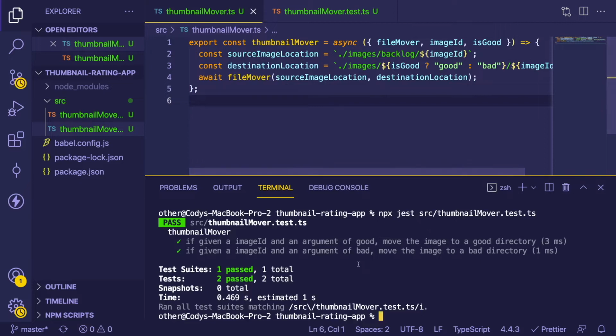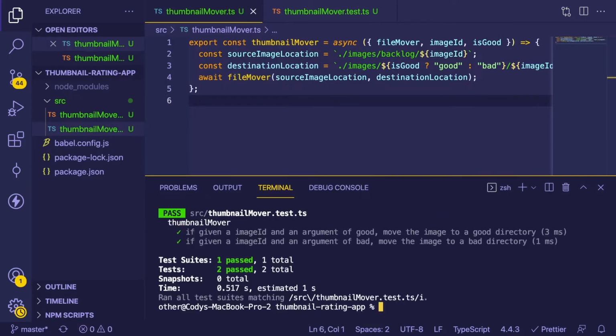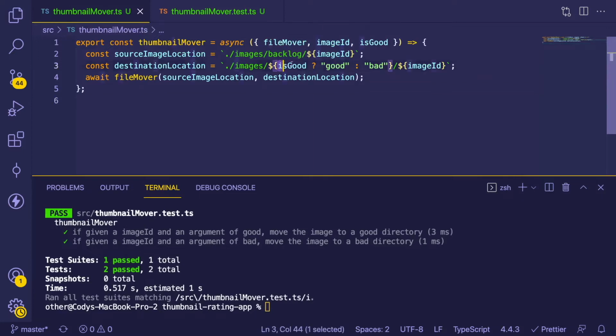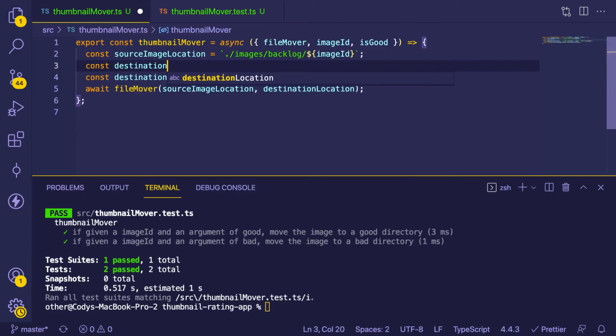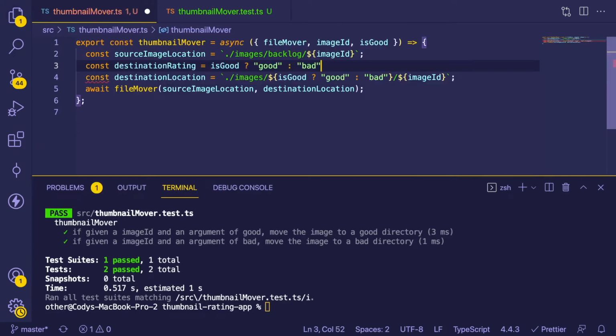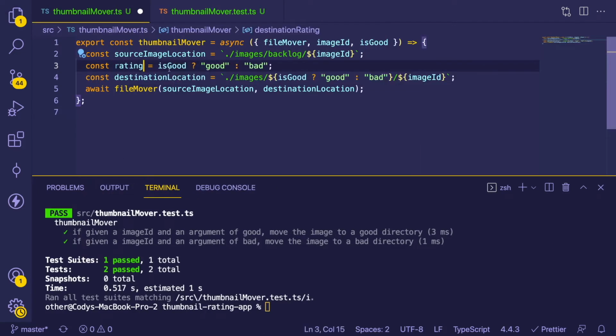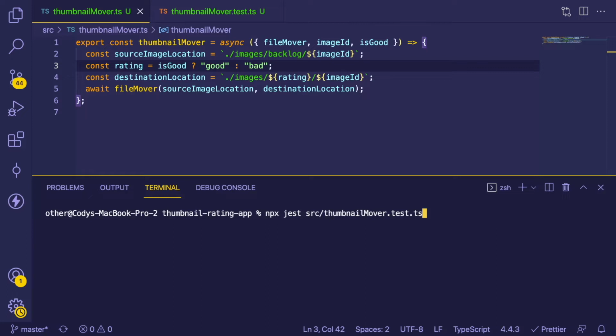All right, so if this works, we should get two passing tests. So we refactored the code. It looks a little bit cleaner. I don't know if you can consider this clean, so I think I'm going to say destination rating like this. I'll just say rating. How about that? So you can dynamically change the rating if you want to. I'm going to put this in here and let's run it one more time to make sure our test is